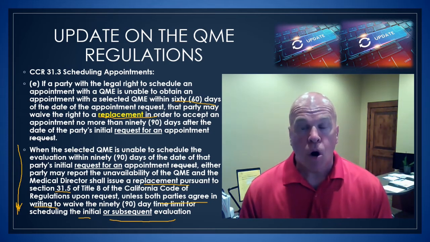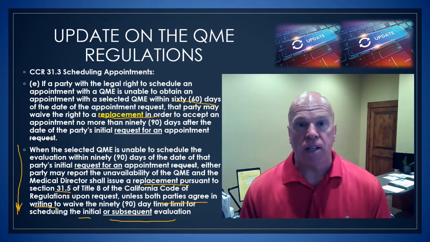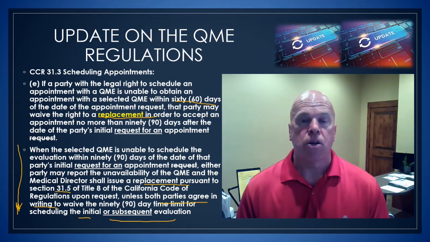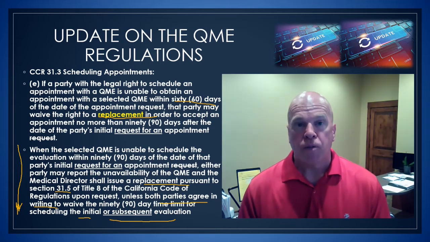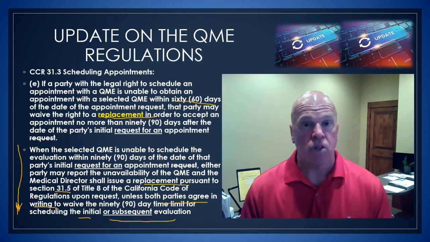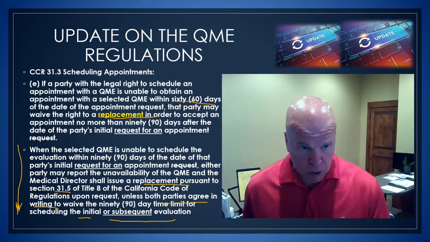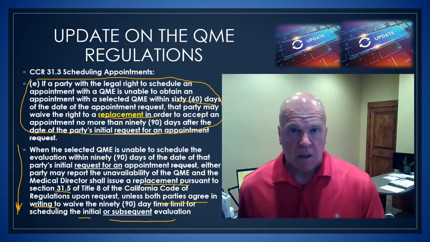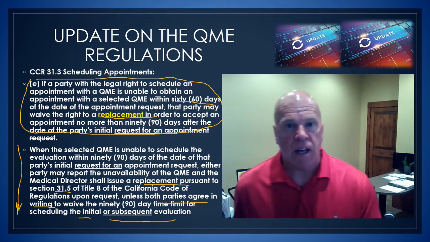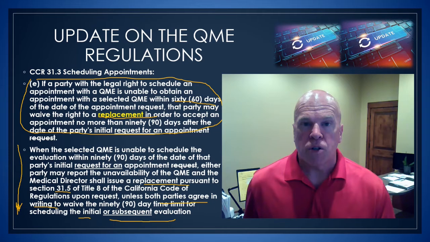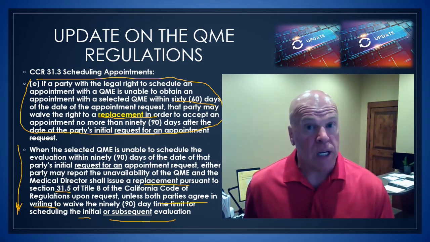So when you get a call for an appointment request and the parties are asking you, when is your next available appointment? There's two possible correct answers to that question. The first correct answer is that you have appointments within 60 days, thereby complying with CCR 31.3E. The second answer is you can say that you or the doctor is scheduling appointments between 30 and 90 days,